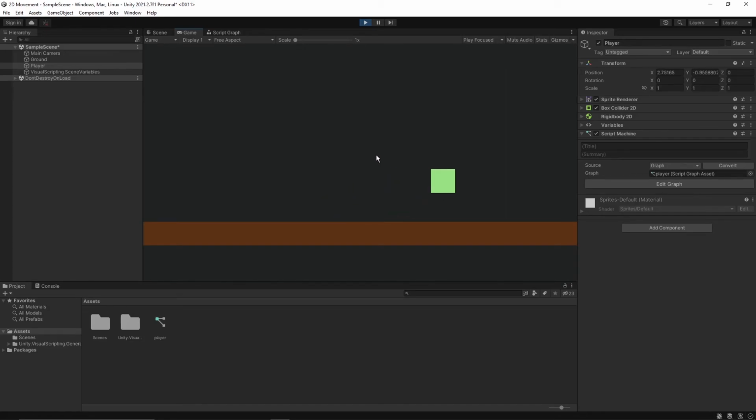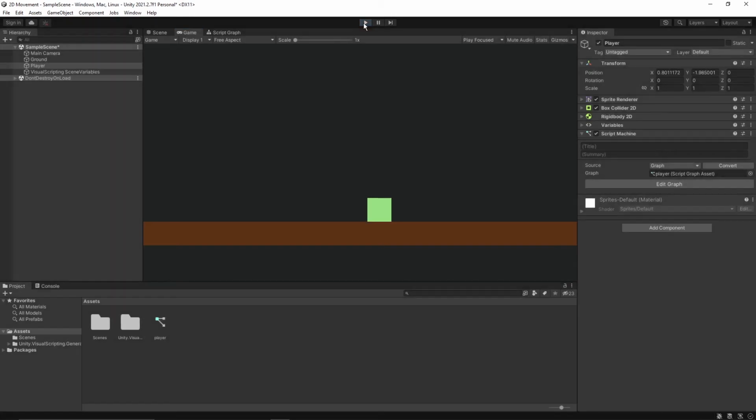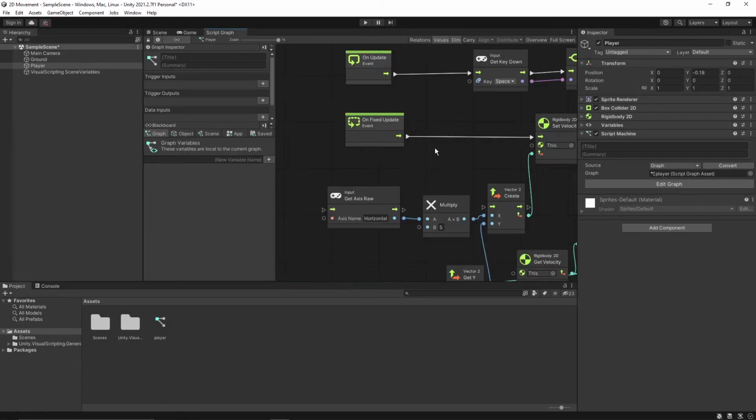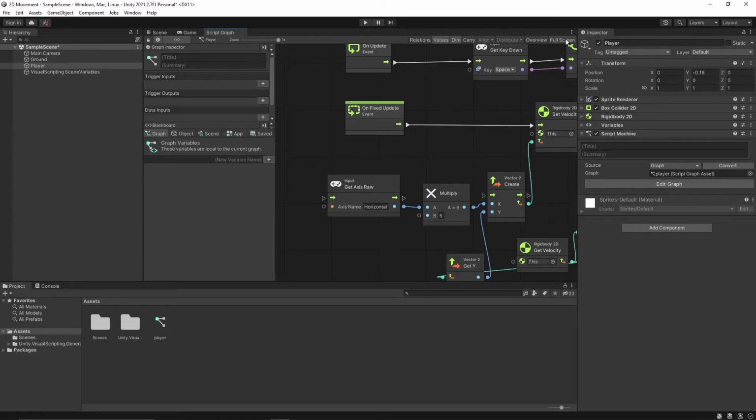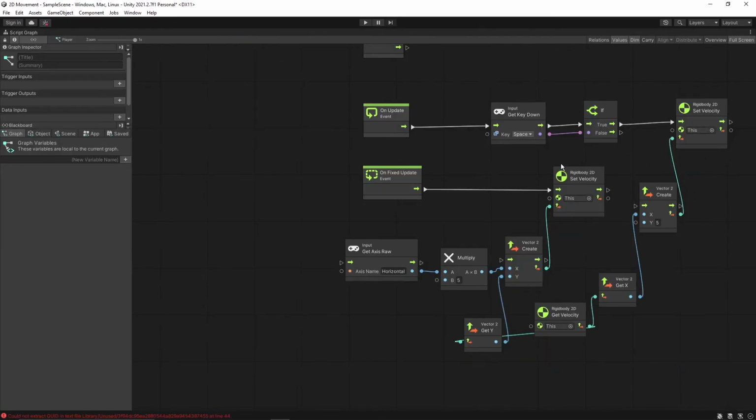There are a few more adjustments that we can do. The first one would be creating variables instead of hard coding the values for the speed as well as the jump force. How can we create variables in Visual Scripting?